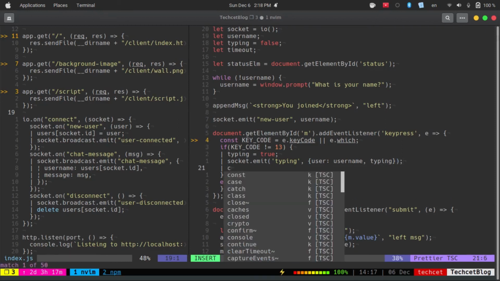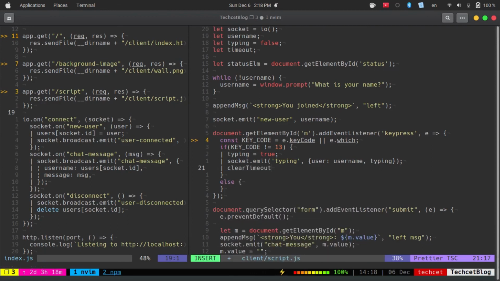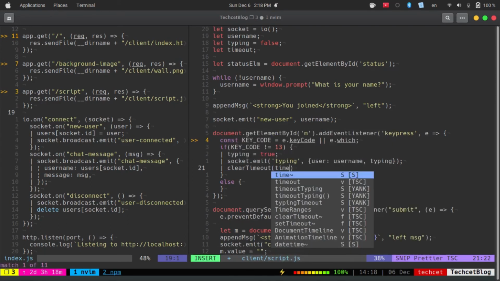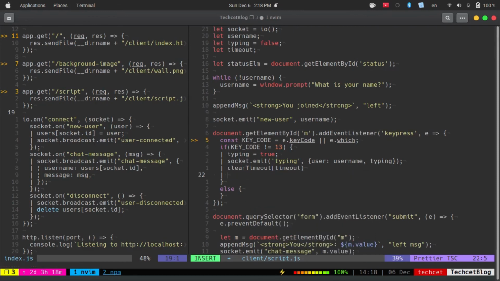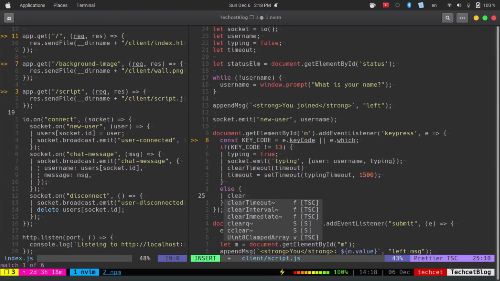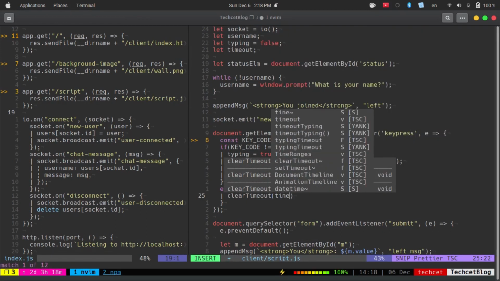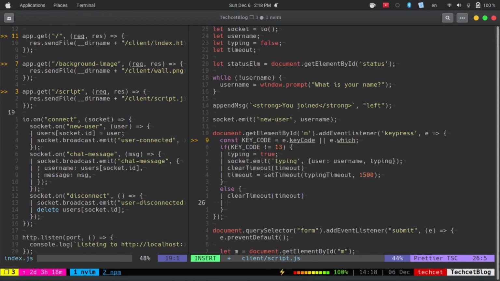and after that we are going to clear the timeout like this, and then let's say timeout, setTimeout, and the handler is going to be typingTimeout with 1.5 second, and inside the else block we just need to clear the timeout, that is timeout, and then setTimeout, not setTimeout, I'm just going to call the function that is typingTimeout,